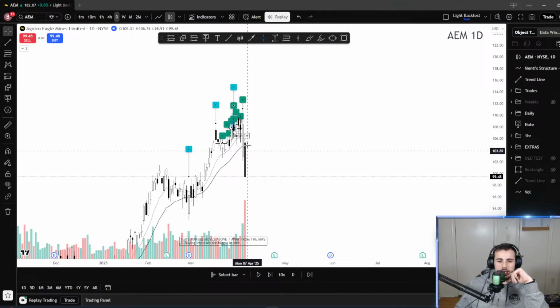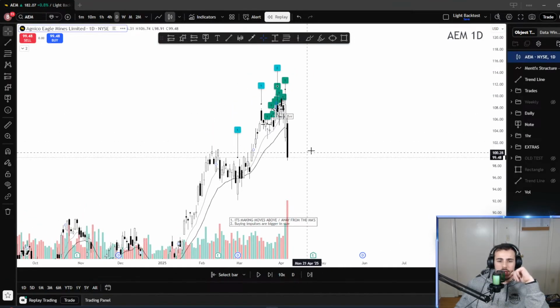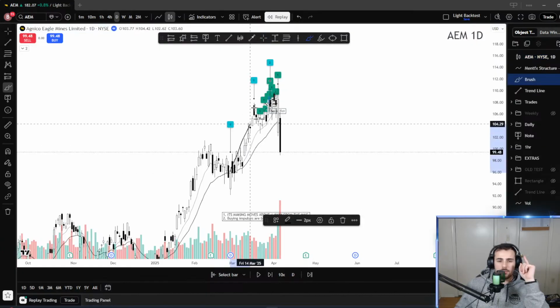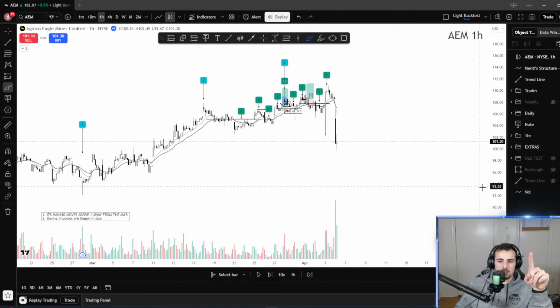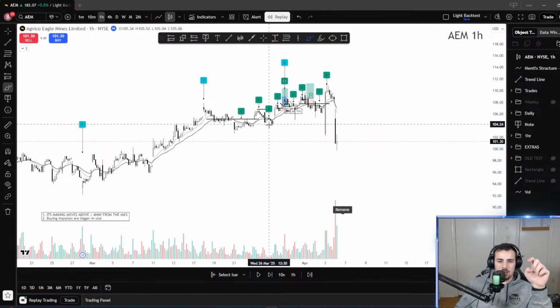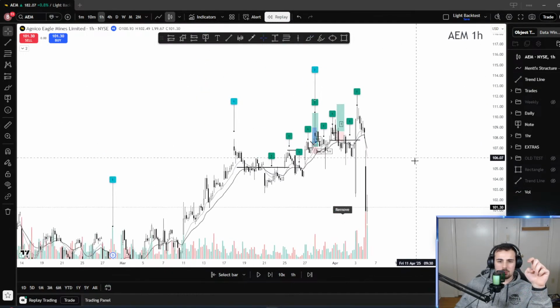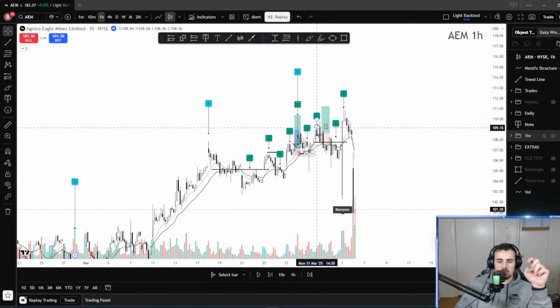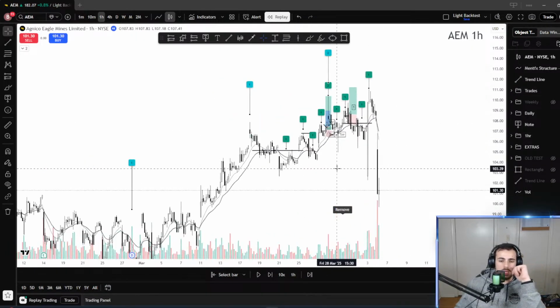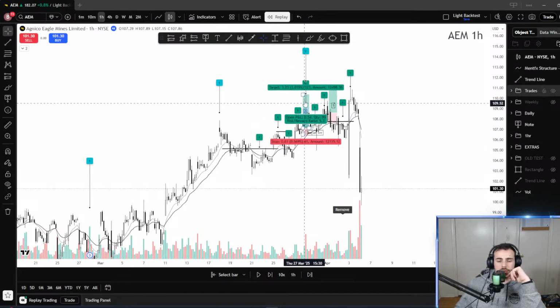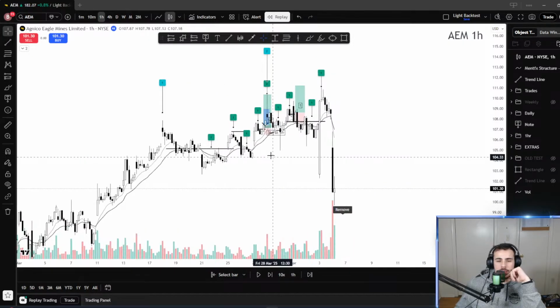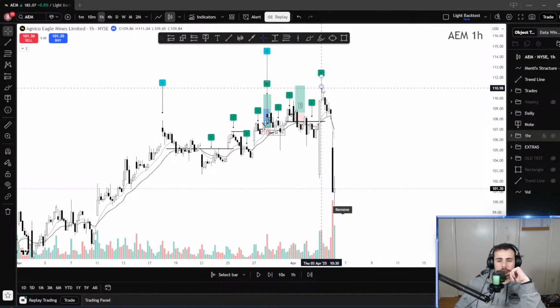So the daily now has completely failed the moving averages. It's no longer in a trending environment. So we just watched the 1 hour continuously start a trending environment, fail, start a trending environment, fail, start a trending environment, then fail. This was weak, honestly. Like it was showing me it was weak right here. It started, only creates two breaks before it fails again, and then creates one break and then fails again, and then creates another break upwards and fails again.